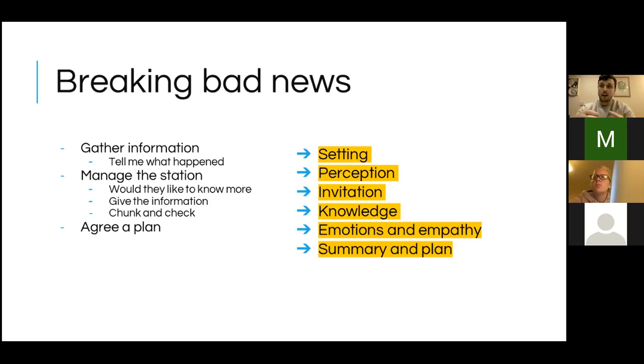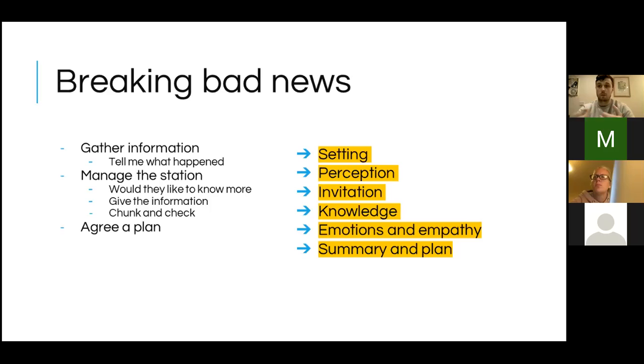Ask them explicitly how much information they would like to be given, and then provide the information. Sometimes it's useful to give a warning shot. So say that I've got some unfortunate or difficult news for you, or I've got some bad news for you, then deliver the information in as open, honest and direct a way as possible without being unempathetic, and then acknowledge how they feel, and kind of mirror their response.